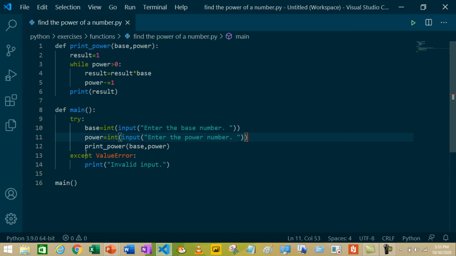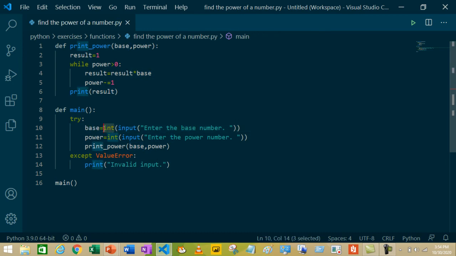Okay, let's see the code. First, let's see what's in the main function. We are using the try except method. The try except method does what's in the try block, and if it gets any exceptions, it will do what's in the except block. Let's see what's in the try block. Here we are using the input function to ask the user for input and storing it in the variable base.